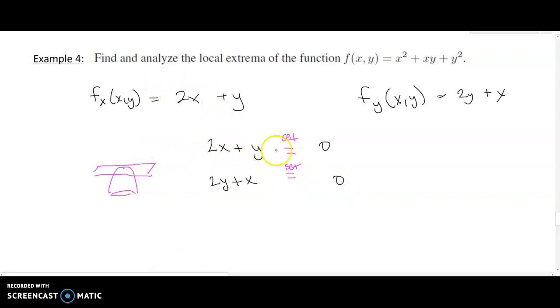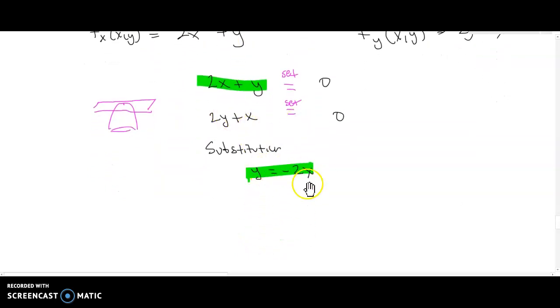Now, when I solve this, I would have to solve by substitution because both the equations depend on both variables. So in order to do that, let's say for the first equation, we solve for y, and that means y is equal to negative 2x. For the second equation, just to make you aware of which equation we're using here, we're going to substitute in negative 2x for y. So we'll do 2 times y, which is negative 2x, plus x equals 0. And so that means that negative 4x plus x equals 0, which means that negative 3x equals 0,